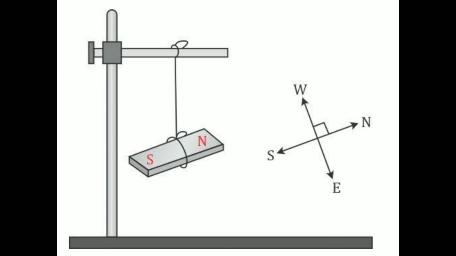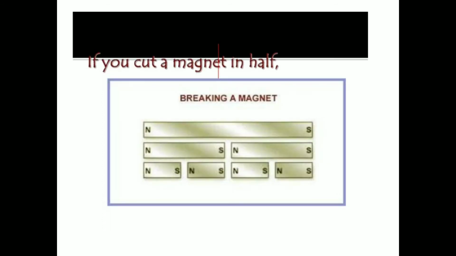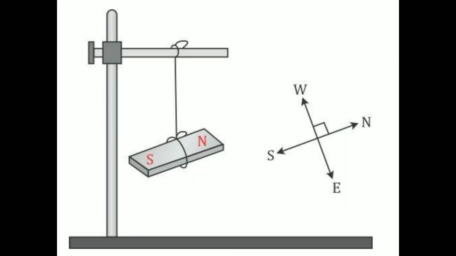substances. Now in this diagram you can see that when a freely suspended magnet is kept, it is going to rest in the north south direction. Again, if you disturb the magnet that is freely suspended, it is going to rest in the same direction, that is the north south direction. So that is one property of a magnet. Whenever a freely suspended magnet is kept, it is going to align in the north south direction.